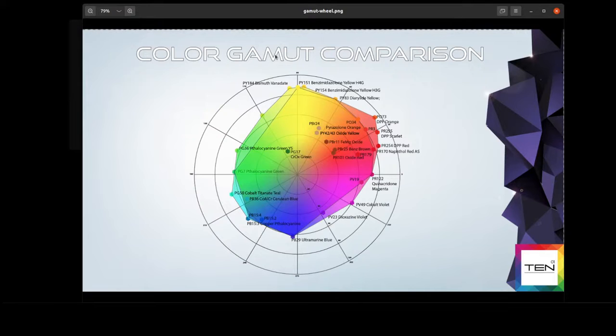There's also, it looks like a shoe. That's all the colors that are visible by the human eye. You can also put that on that projection, and it's well outside everything of our paint, because there's more colors in the world that you can see, but you can't mix by the paint. So yeah, that's what this